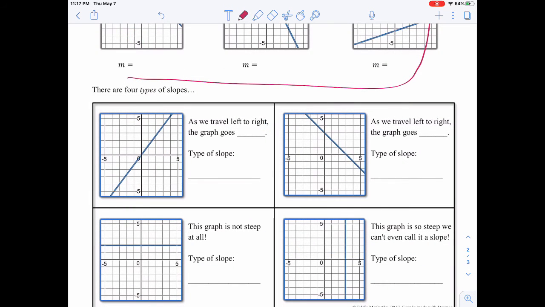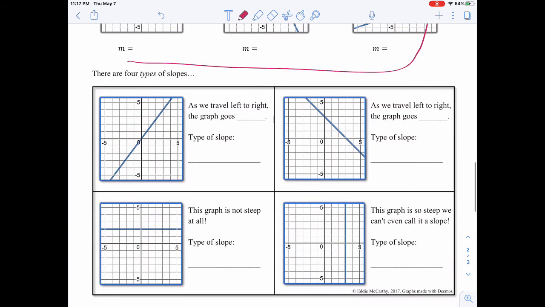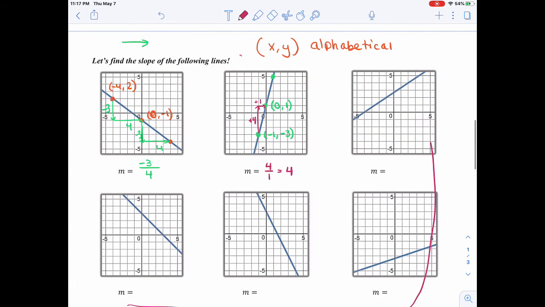Okay, so moving on down here, we have that there are 4 different types of slopes. So at the top left here, as we travel from left to right, so again, starting down here at my left, as I move right my graph is going up. So this type of slope is called just a positive slope. And that's actually just like the slope we found up here. Clearly, as we moved from left to right, we had a positive slope,